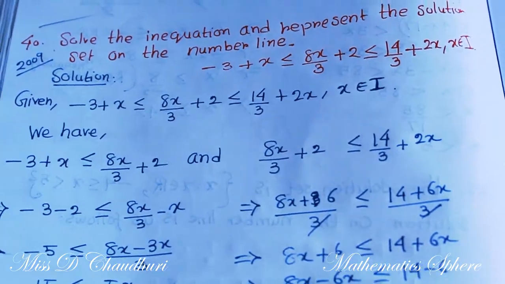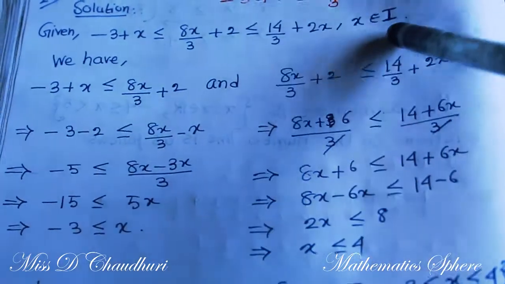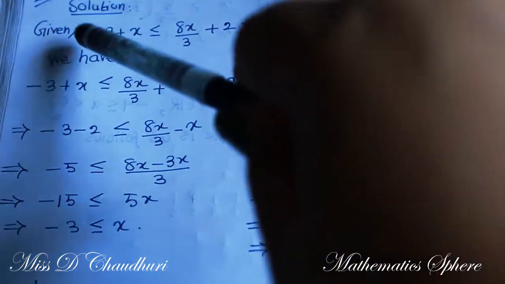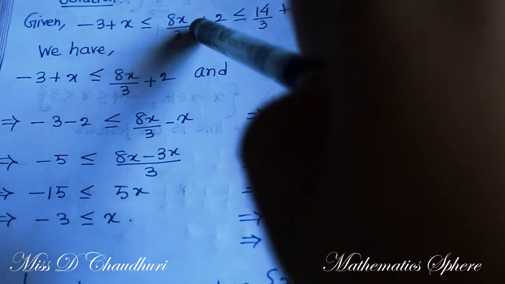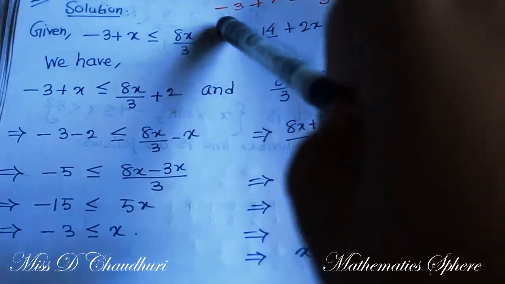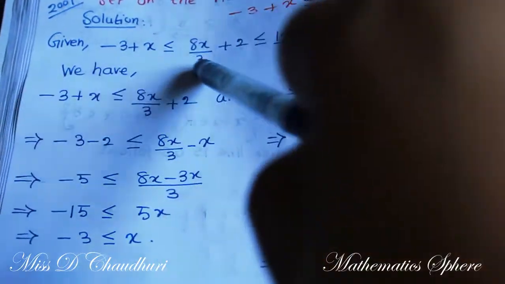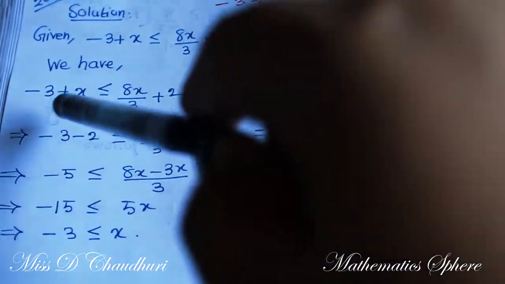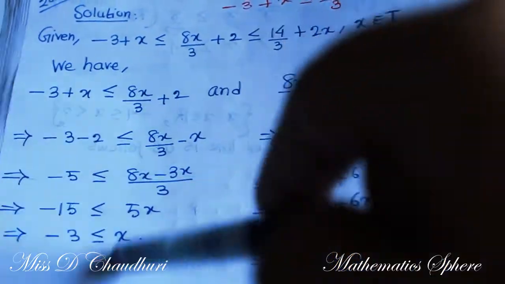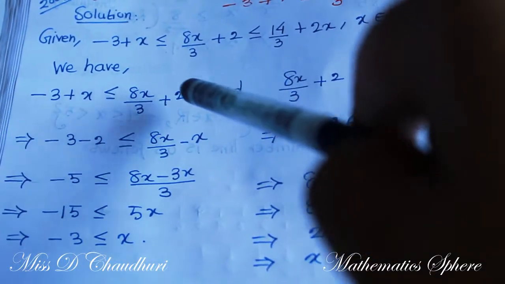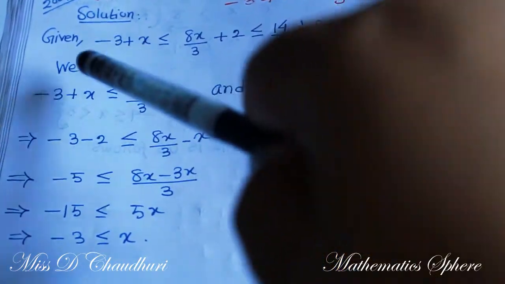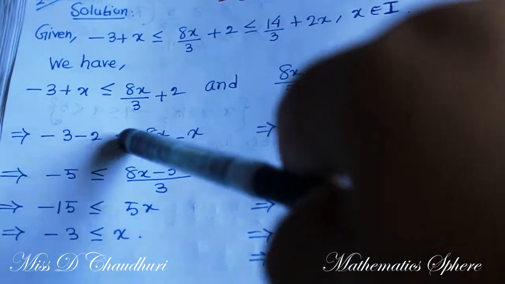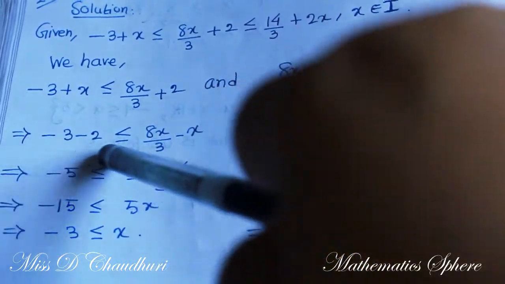Now first we will write x belongs to I. So first we are separating, so this part is being separated. Do not cancel it from here, this is a full part, so the full left side will be taken as a whole, and the full right side will be taken as a whole. So if you take this one and this one, now we will solve them. First see, we are shifting this 2 to that side and bringing this x to that side, means we are taking the variables at one side and the constants at one side.